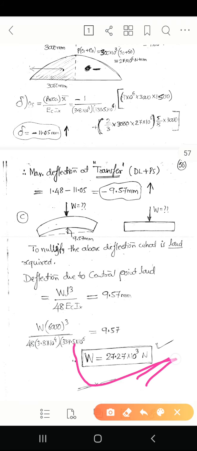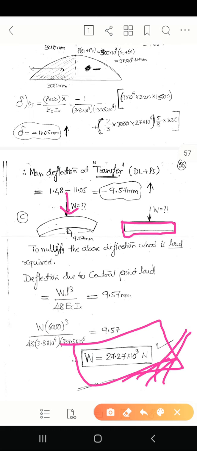So that we can convert into the kilonewton also, that is 27.27 kilonewton. Point load if you apply here, so that will nullify and that will make the deflection become 0 at that point of time, right? So this completes the